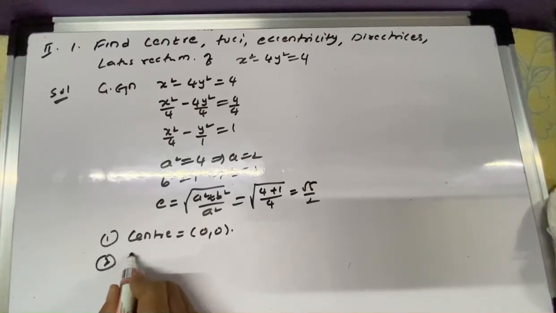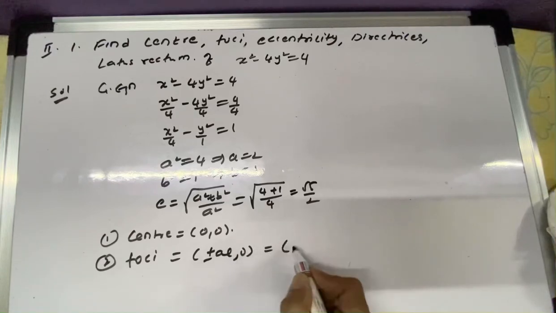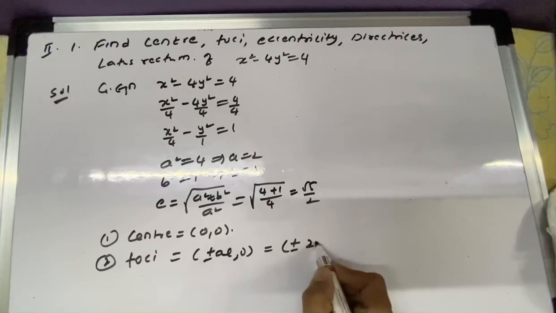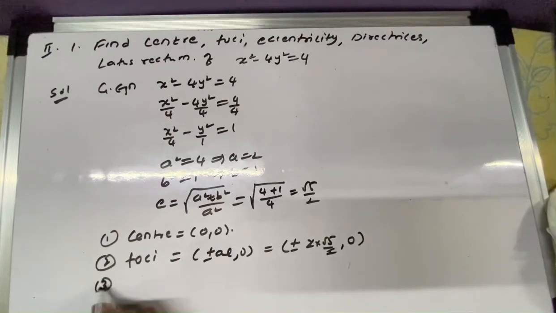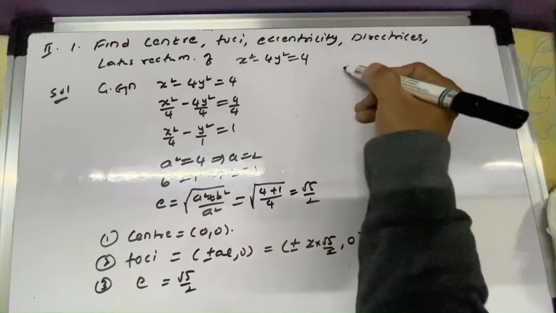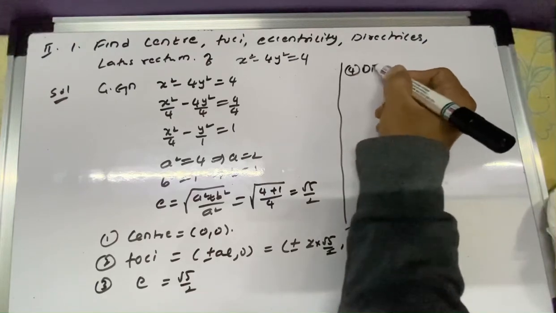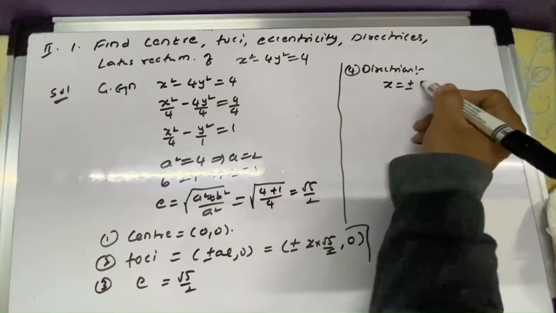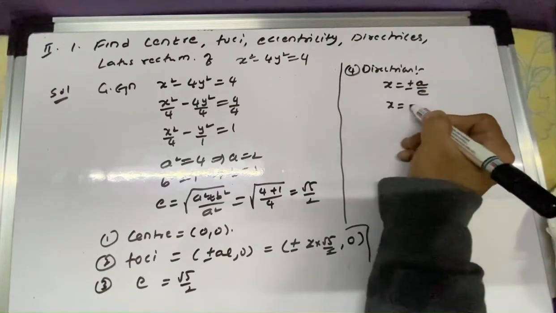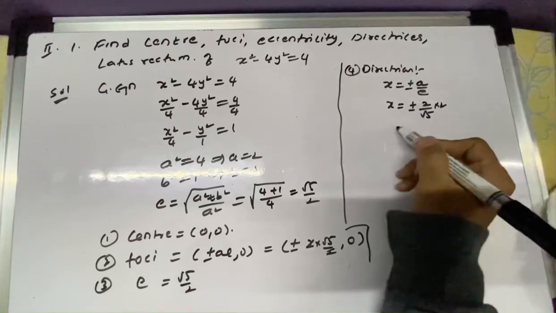Second one, foci. Foci equal to plus or minus a, 0. Plus or minus a value, 2 into e, 0. Then we have third one, eccentricity, which we have calculated at the start itself. After that we have directrices. Directrices is x equals to plus or minus a by e. x equal to plus or minus a value 2 by e value root 5 by 2,